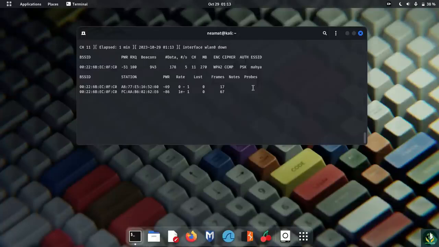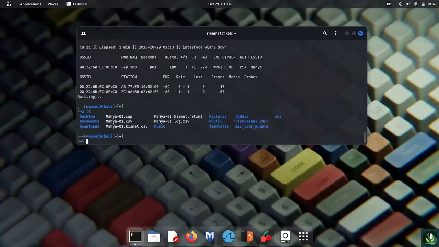So right now we don't have anything here. Okay, so I'm going to use Control C here. Now if I use ls, in here you see we have 4 or 5 new files here. Okay, 5: 1, 2, 3, 4, and this 5th new file by the name of Mahia